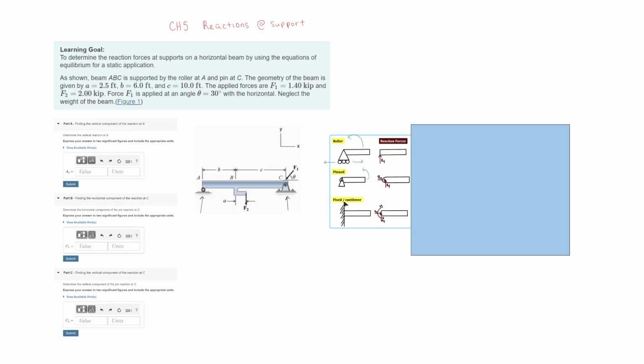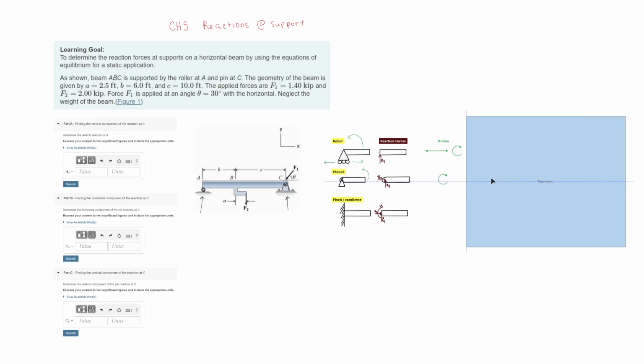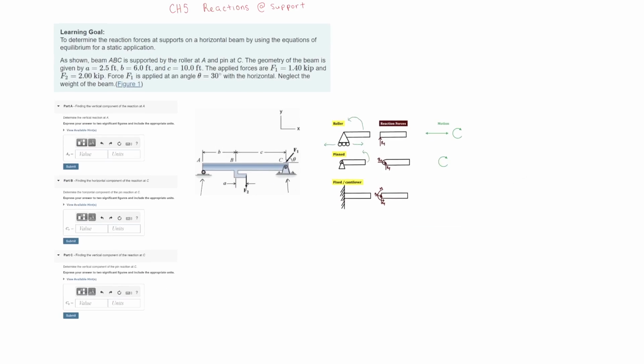A moment is when it can rotate, right? So since this particular one cannot rotate, there's going to be a moment, and that shows right there. Okay, so this is the motion that it can do. So the force is going to be in the y direction. Same here. You guys get the gist of it. Okay, so